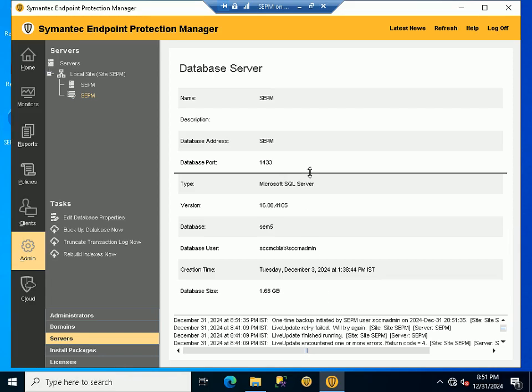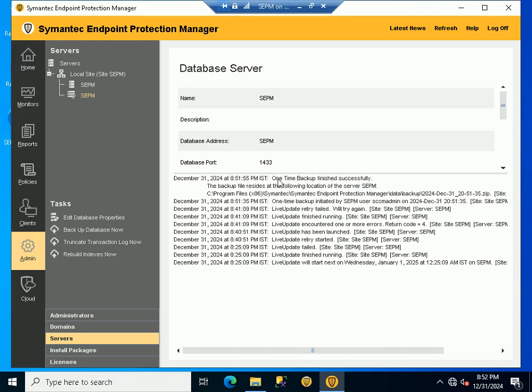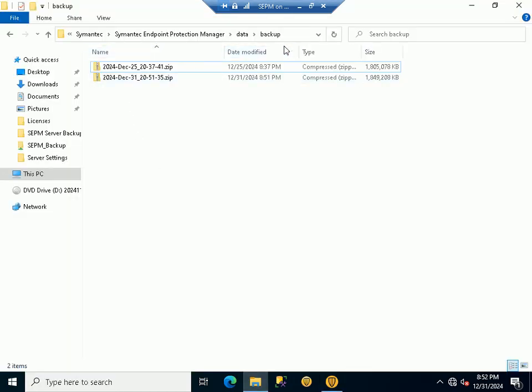You can see over here in the log file what it is showing. One time backup initiated by SSM user admin, and now one time backup finished successfully. Okay, so it took hardly a minute to copy this database backup, right? So this is finished. Now if I'm going back to my backup location, you can see the latest one is